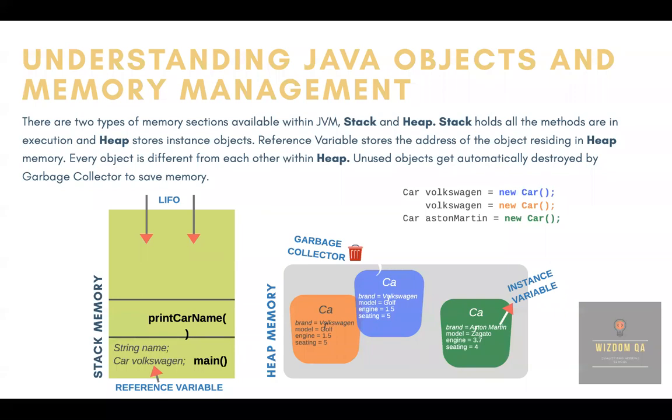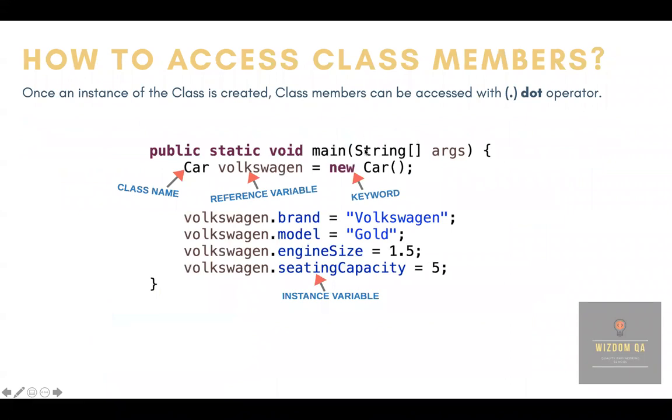What does it mean? It means that the main method, the print car name method, these are all methods, and they all get stacked up in the stack memory in the form of a LIFO. What is LIFO? LIFO means last in, first out. Let's understand one more time. Let's look at this green box. It's the stack memory. When the JVM starts, it looks for a main method. So let's look at the last example. The JVM kicked up and looked for the main method, which is inside a particular class. This main method is having,